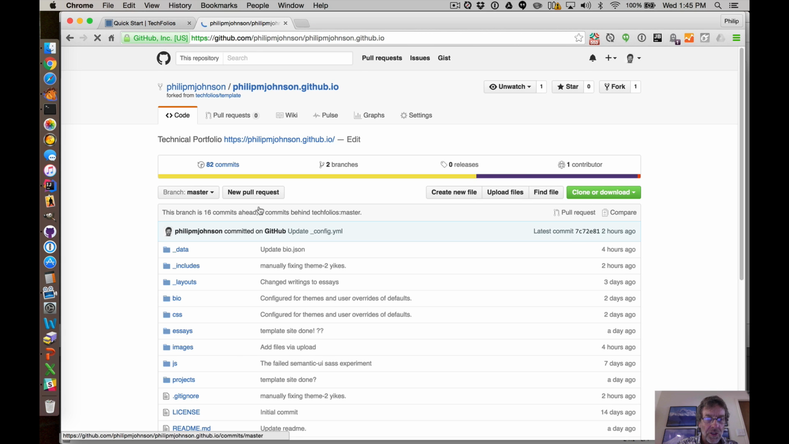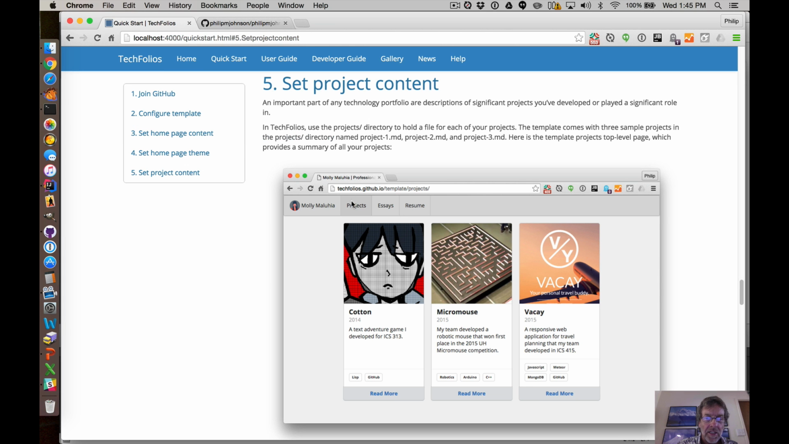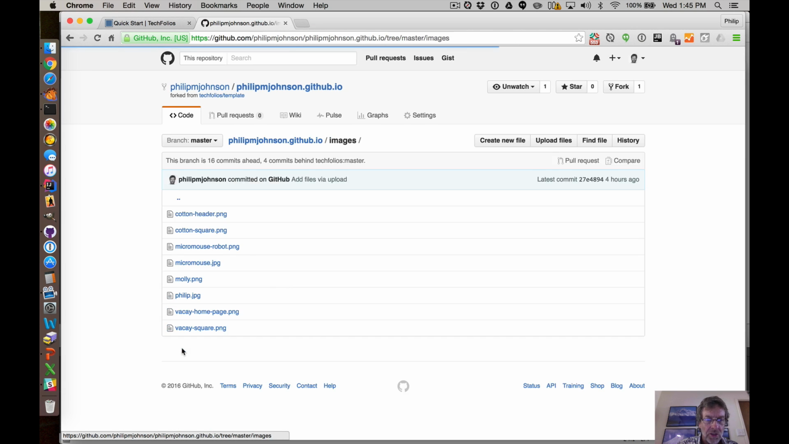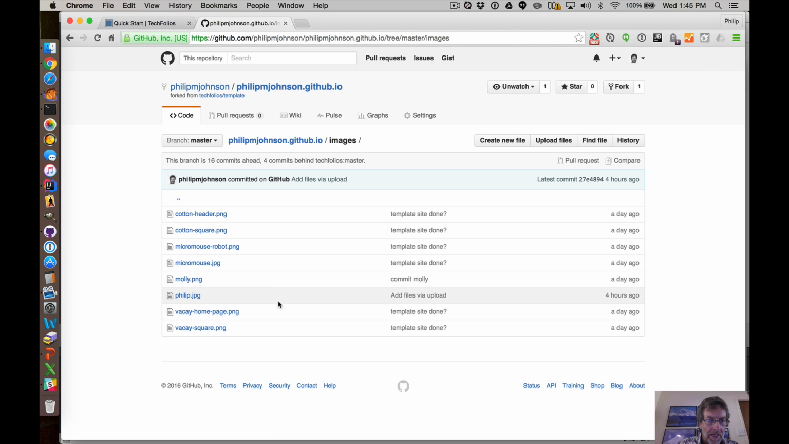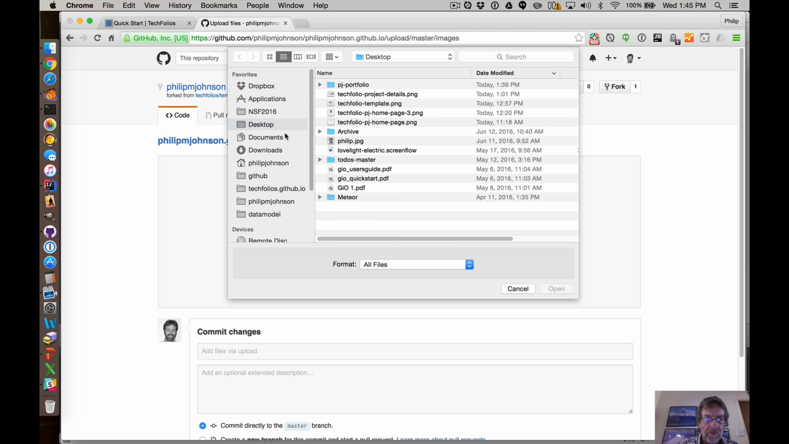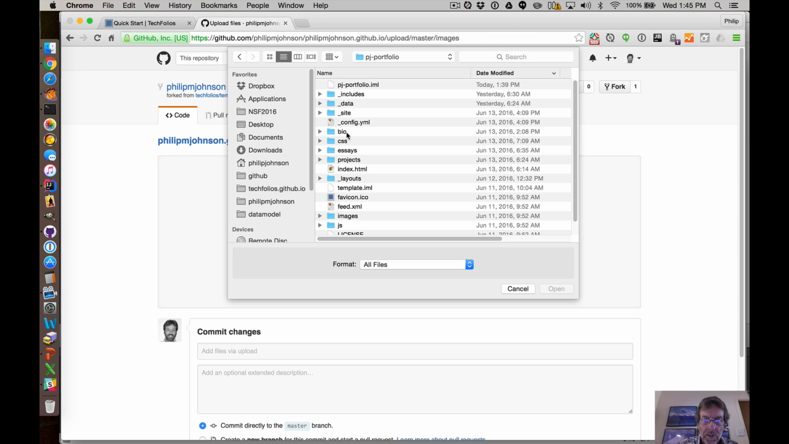What I'm going to do first is, as is noted in here, you have to have an image file for every project. I'm going to be defining 4 projects, and so I'm going to go into the images directory, and I'm going to upload some files. So I'm going to say choose my files. I'm going to go to desktop, PJ portfolio,